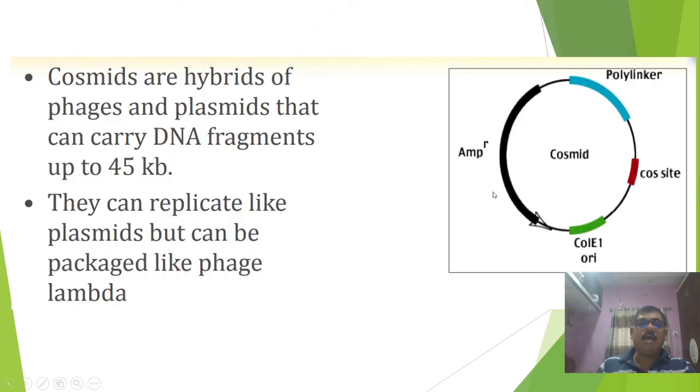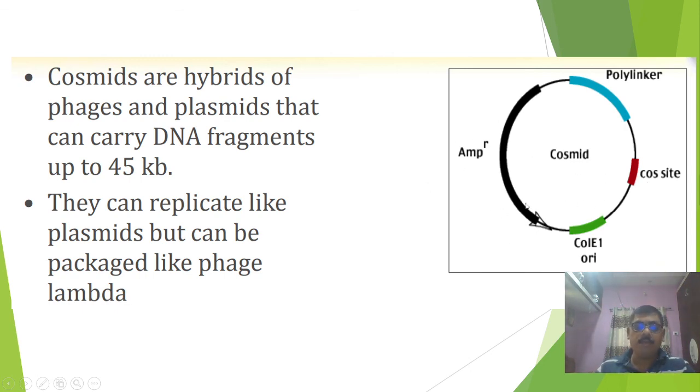The cosmids are hybrids of phages and plasmids that can carry DNA fragments up to 45 kb or 50 kb. You can observe the polylinker from the plasmid, then the ampicillin resistance site, then the origin of replication. All of these are from the plasmid molecule, and the additional element is the cos site. Those plasmids which have cos sites are called cosmids,